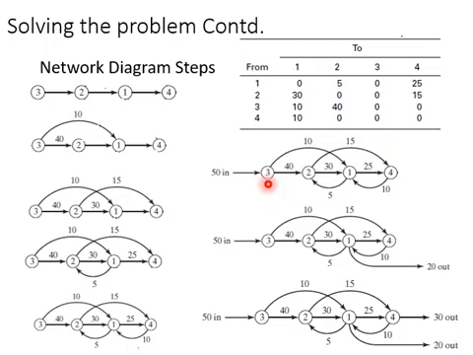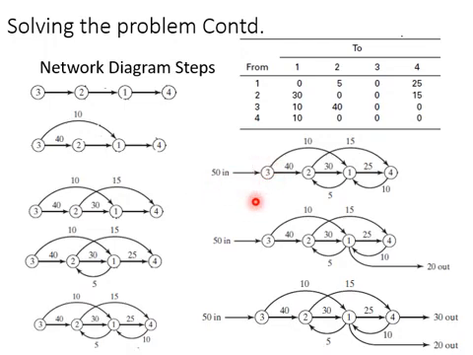So for machine 3 we can check. We can see 40 plus 10, 50 parts are leaving. So we will show 50 in because that has to be the same. How many parts are leaving? The same amount of parts has to enter the machine.